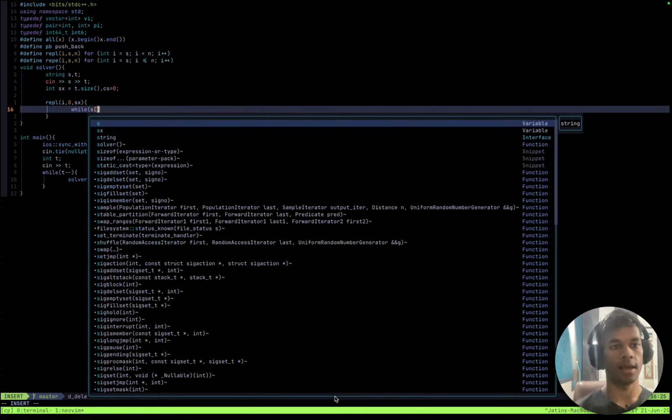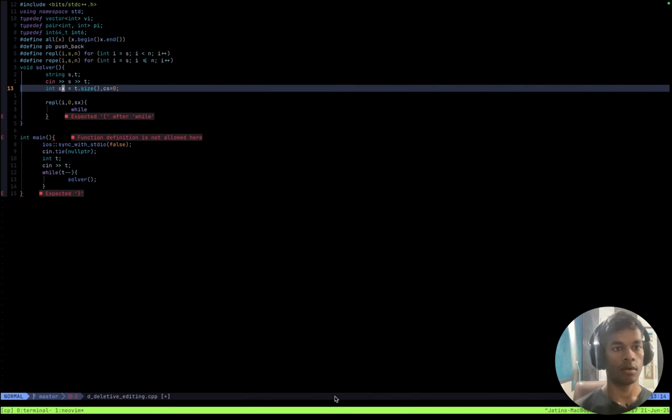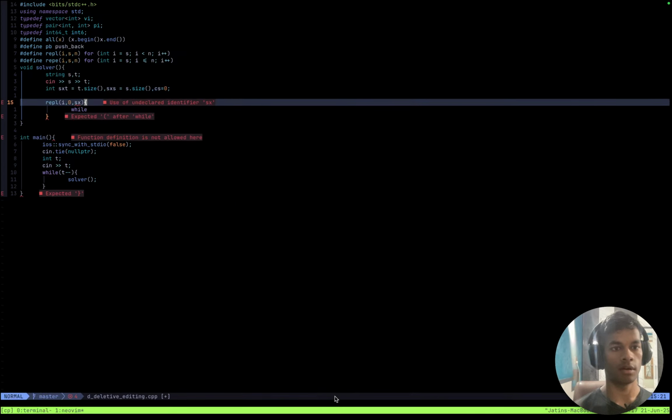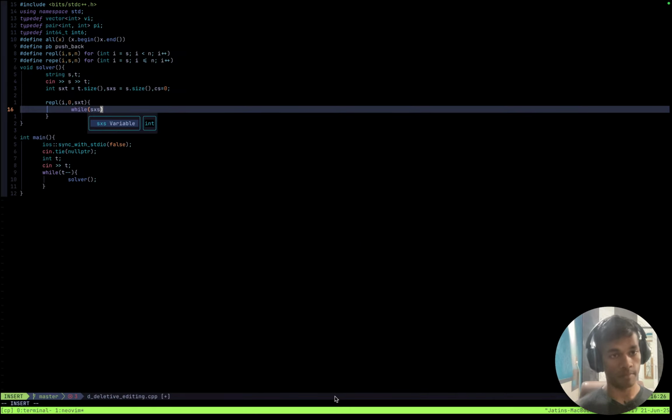While S bracket is 0, shit, I have to also have the size of the S string. Size of S dot size, and while current S is less than the size of S,